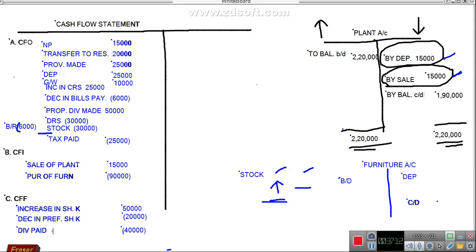After this, now sum up the first component, cash flow from operating activities. When you club all these components, you will get 73,000 positive amount. This is the cash flow from operating activities. When you solve all this, you will get net cash flow from investing activities. This is a negative balance of 75,000. And when you calculate net amount of cash flow from financing activities, you will get negative amount of 10,000.